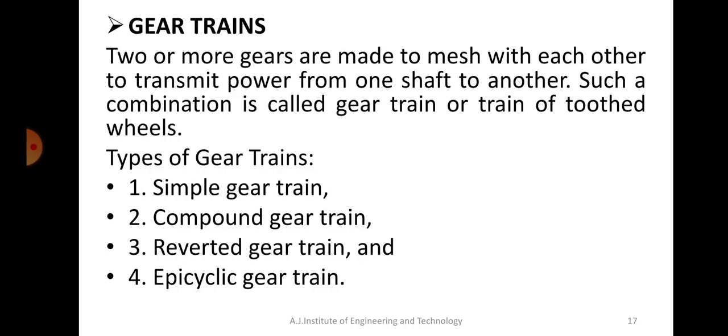Okay, now what do you mean by simple gear trains? Simple gear trains means you have gear A meshing with gear B meshing with gear C. So there are 3 gears which are meshing. A is meshing with B, B is meshing with C, or if there is D, C is meshing with D. If it is meshing in that order, A with B, B with C, C with D, then such an arrangement is called a simple gear train.